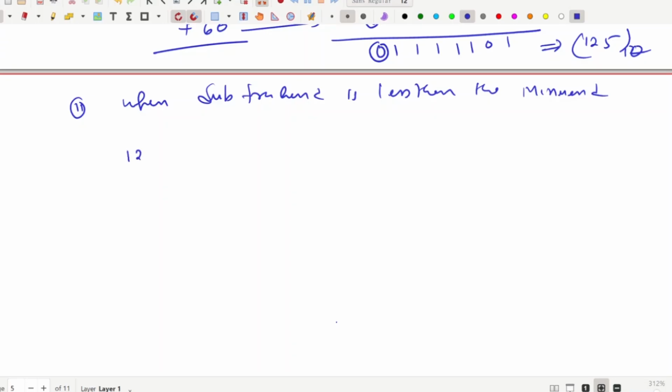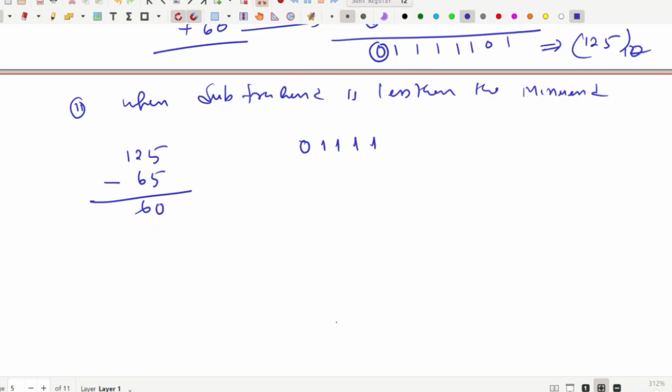What will be the result in decimal? Simply, 5 minus 5 is 0, then 12 minus 6 is 6. The result is 60. How do we perform it with the help of ones complement? First, 125 is a positive number, and in ones complement it is the same as the binary equivalent in 8-bit format of 125. This bit represents the sign bit position and the rest 7 bits represent the number. This is 1 1 1 1 1 0 1. This represents 125. And what is minus 65?